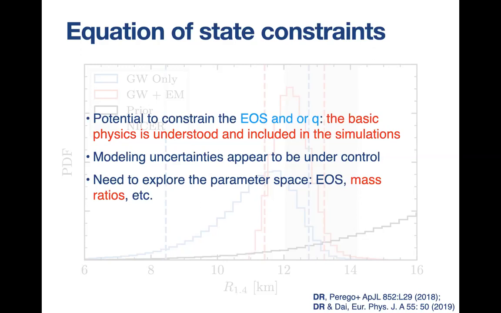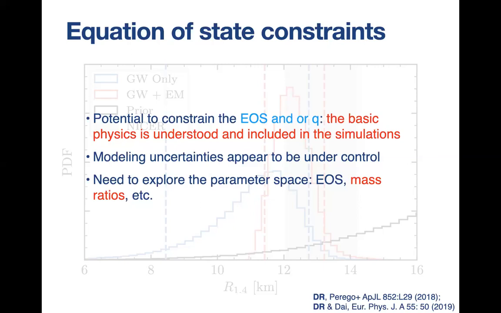So we don't have to know everything about the parameter space of binary neutron stars to start constraining the physics. We can impose our changes in the priors that we use in gravitational wave data analysis, so we can change the likelihood only in the regions of parameter space that we think are well covered or well understood by numerical relativity simulations. But the main message here is we already are in a position where we can start doing multi-messenger astrophysics using numerical relativity.